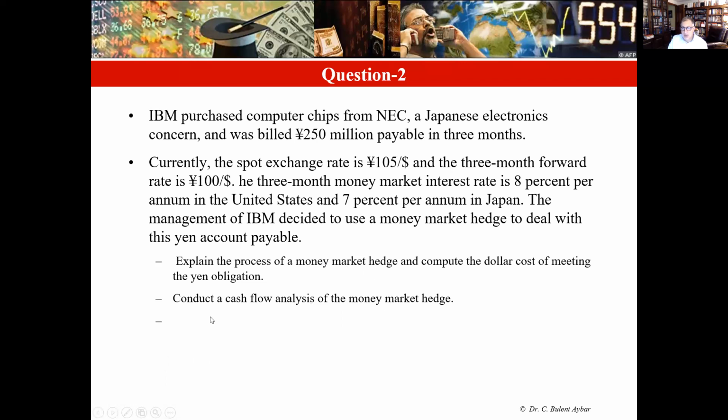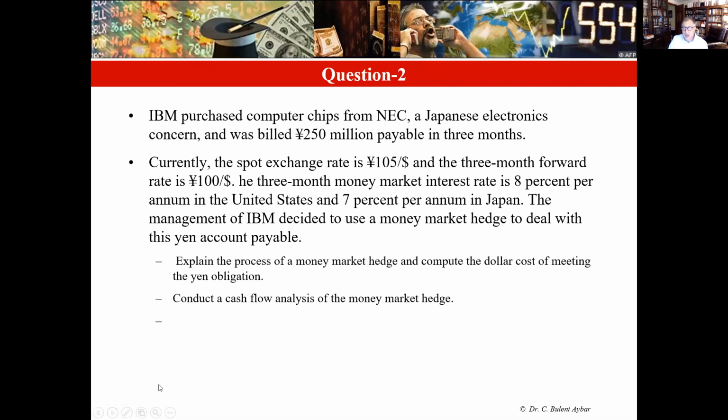Again, just to summarize, we have a 250 million yen payable as, let's say, IBM. And we would like to lock into a certain amount of US dollars that we're going to pay in 3 months, rather than taking the risk of Japanese yen maybe getting stronger. If that turns out to be the case, then we would have to pay a lot more dollars to deliver 250 million Japanese yen. So let's first look at the structure of the